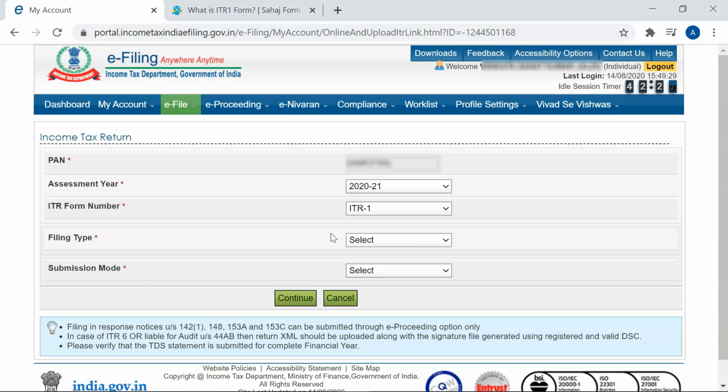Most of the salaried employees whose salaried income is less than 50 lakh and who are not a director of any company fall under ITR 1 category.